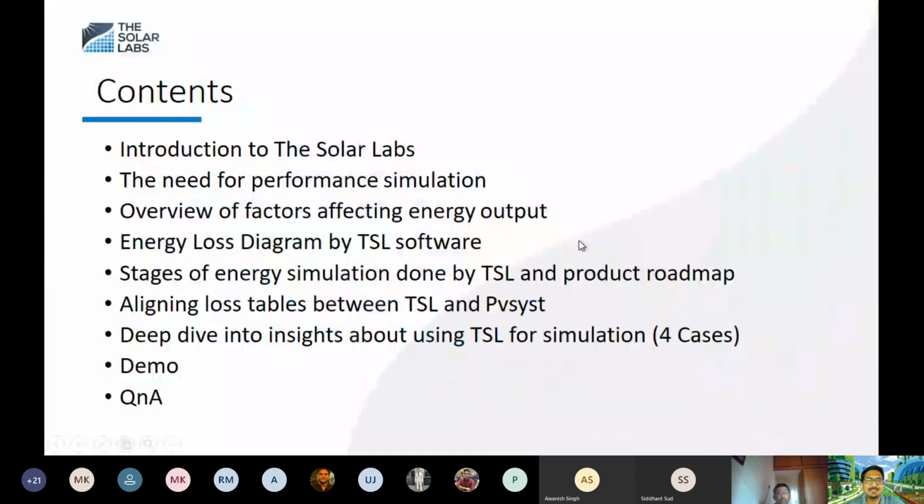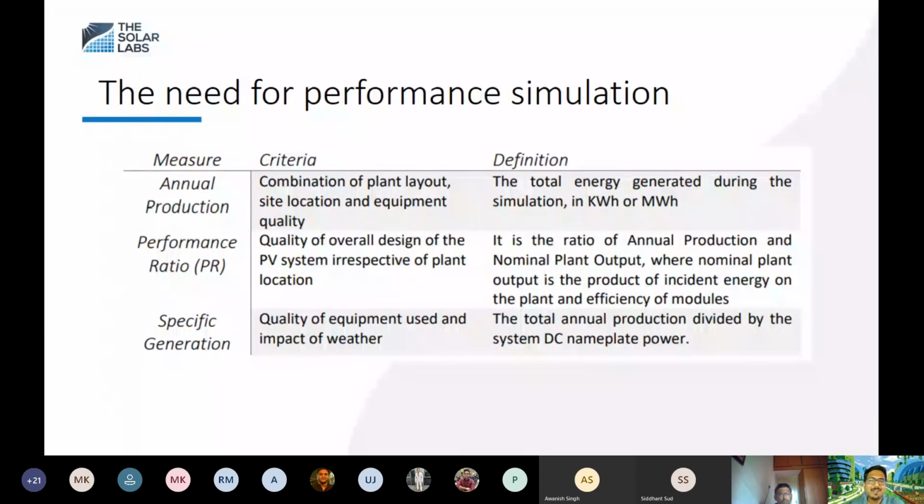So we have covered the introduction to Solar Labs. I hope you get what our software is about. Now let's focus on the need for performance simulation. There are three major measurements that we have to measure in any solar plant. One of them is called annual production. The second one is performance ratio, and then specific generation. Each of these numbers is very important to predict the quality of a plant or how much energy a plant